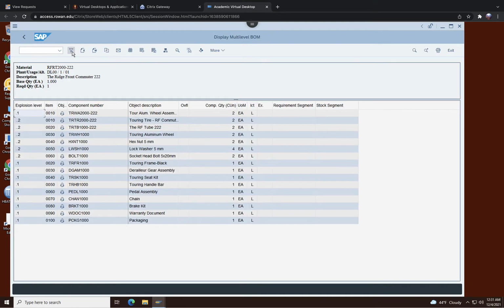And then this one displays what products are in here, right? So look at this 1 and 2. So 1 means a parent level, and 2 means children level, and TRW 2000 is 222, and it has the base quantity, and for example, if you click on this one, touring tire RF commuter has to go in